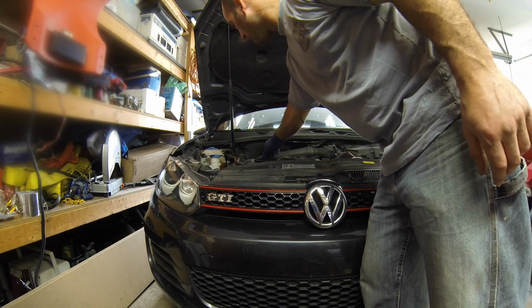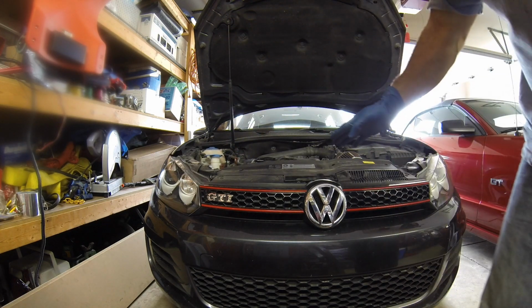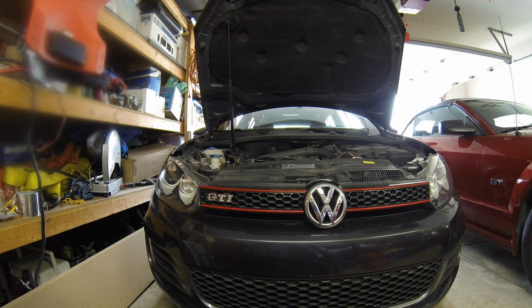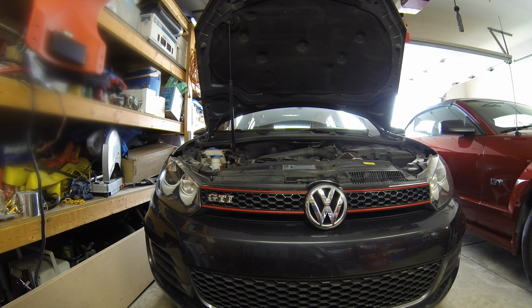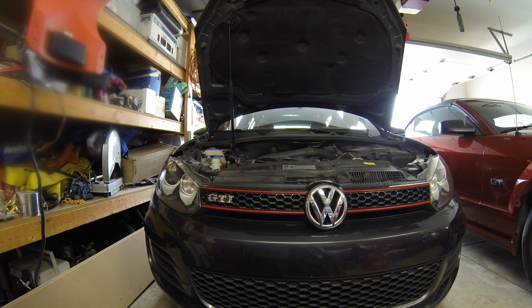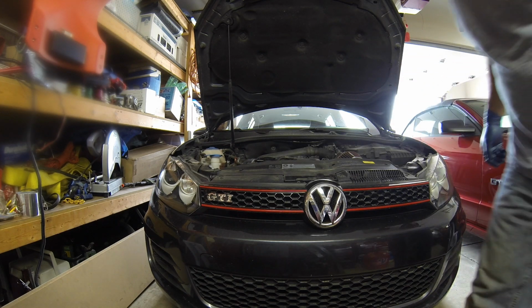Okay, so we make sure the cap is on, that we have put a sufficient amount of oil in the engine, dipstick's in tight, oil filter's on. We check to make sure the drain plug is in tight, and we're going to start it up and just run it for a little bit. Okay, and now we will